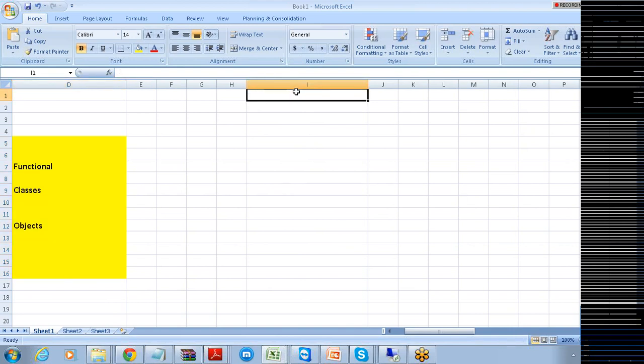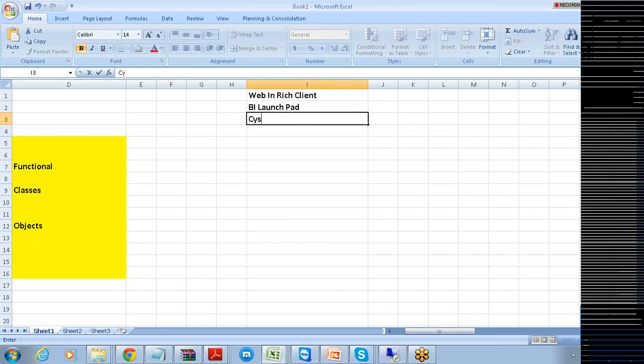The first tool you have is Web Intelligence Rich Client. The second tool you have here is BI Launchpad. The third tool you have here is Crystal Reports.